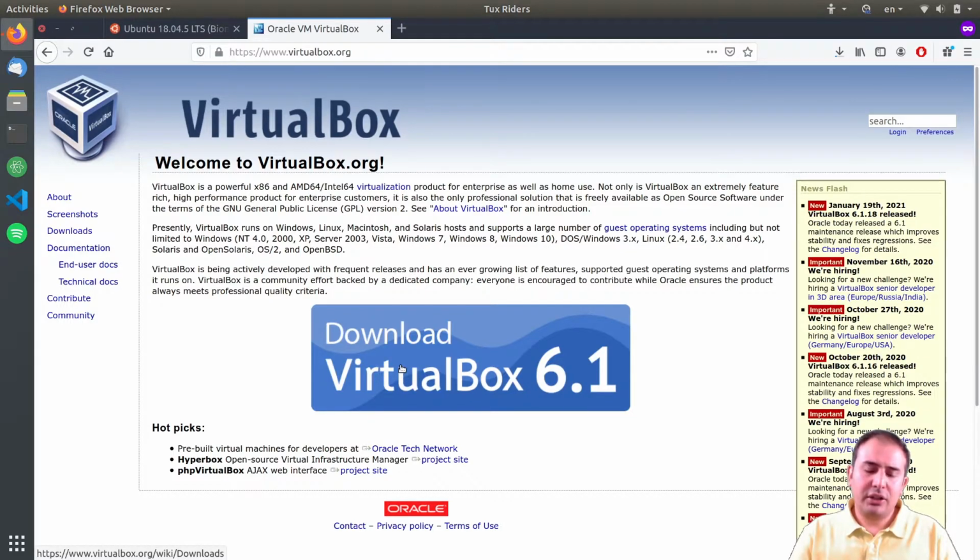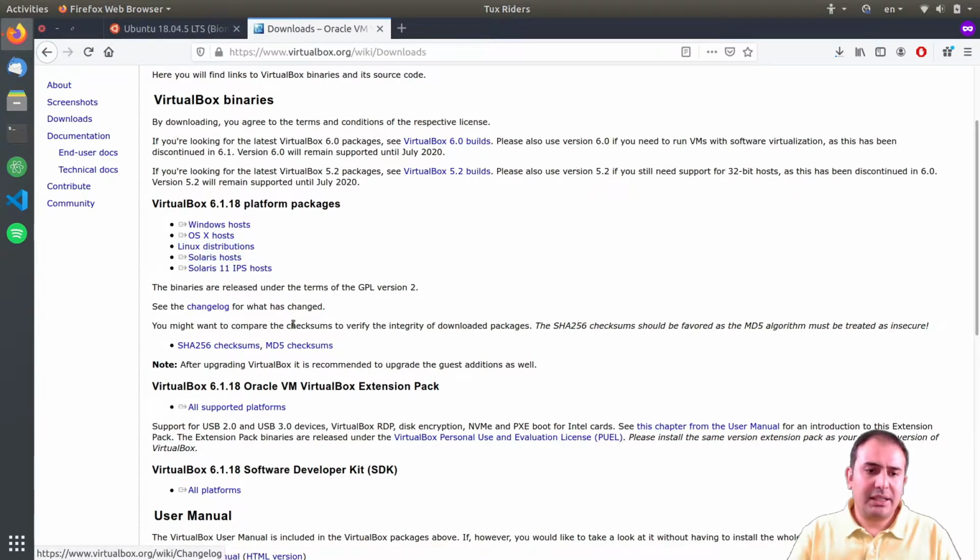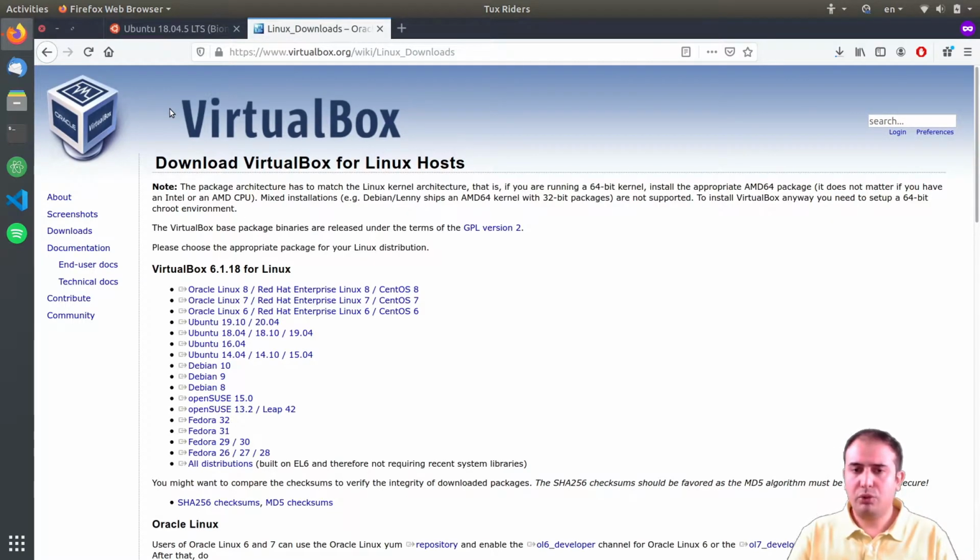So you can easily download VirtualBox. It's available for various platforms, but I have already downloaded the Linux version for my Ubuntu machine. I have an Ubuntu machine here as the host. The term host means the machine on which you want to install your VirtualBox, and the guest operating system is the operating system that you install inside the virtual machine. So in this case, both the host and the guest will be